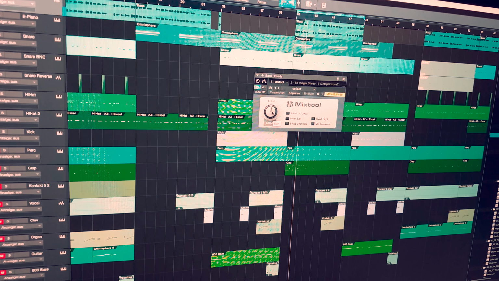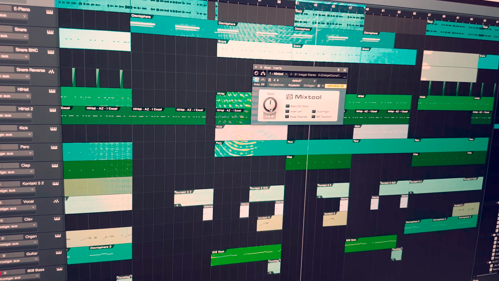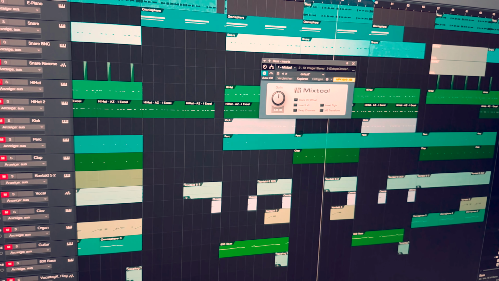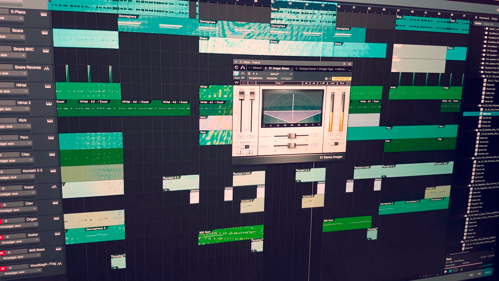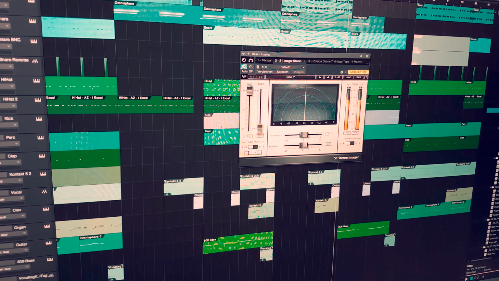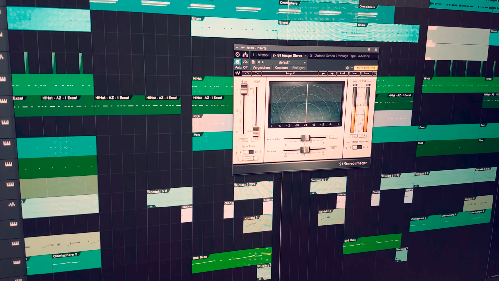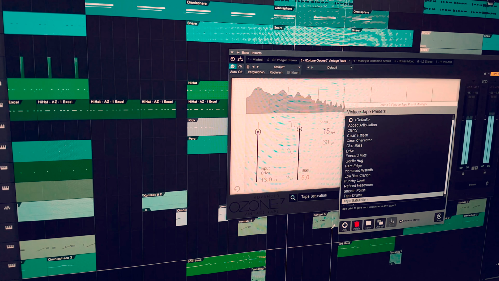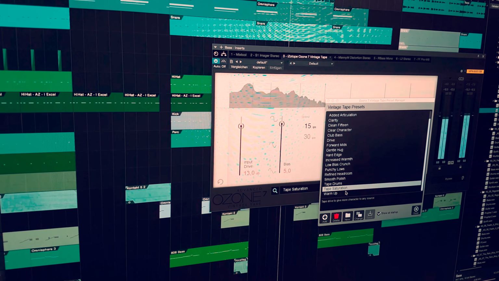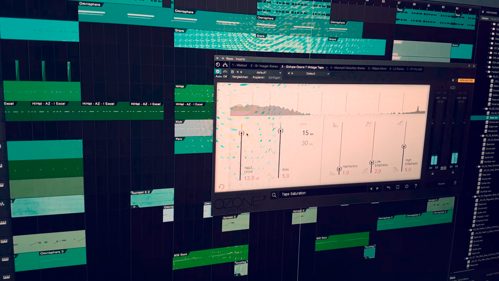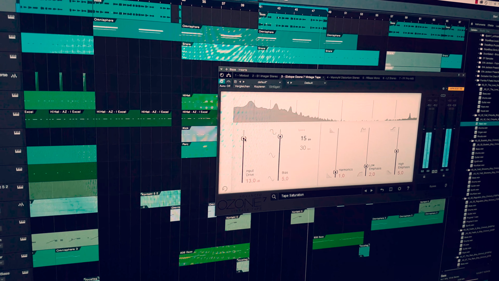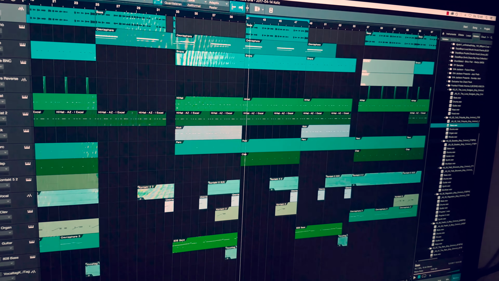Okay guys, so the next thing I did was adding some effect plugins to the bass, and the first one was a mix tool, which is basically just a gain station plugin. So after that I added the S1 Imager plugin to make the bass mono, and to add a little bit of warmth I decided to add this vintage saturation plugin, and then I basically just adjusted the input drive to